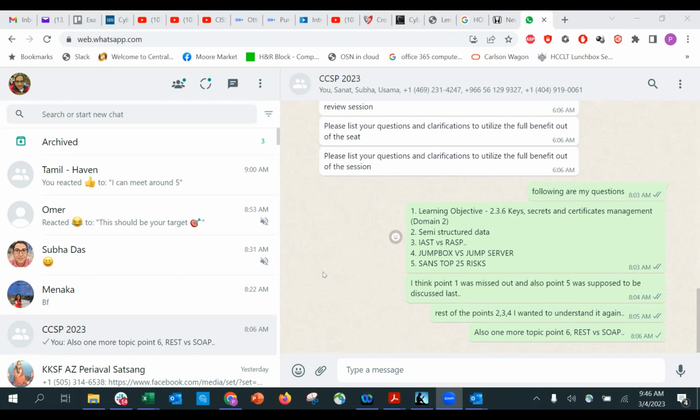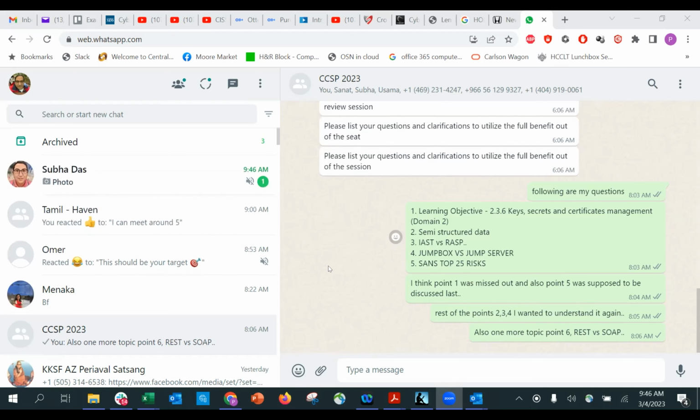For the other method, the IAST, which is Interactive Application Security Testing. What is the IAST? IAST is monitoring of the application while it is running. When it is running in production, all the processes are processing, we are interacting together, and at the same time you are continually scanning for any security vulnerabilities.